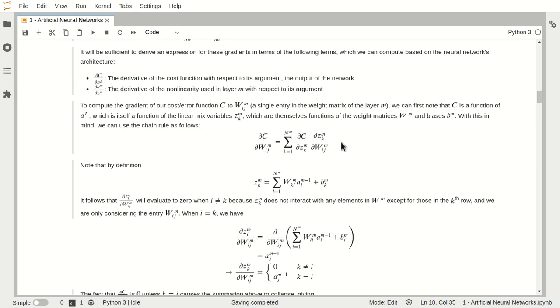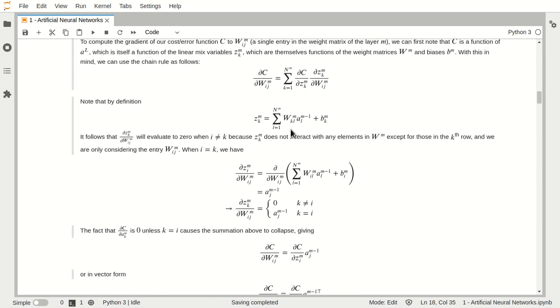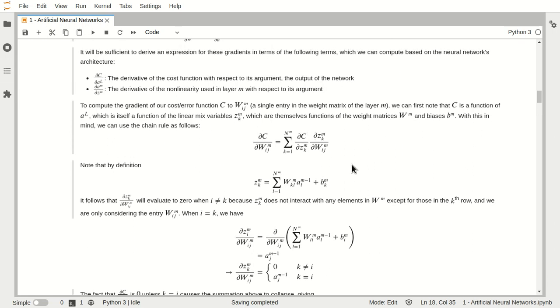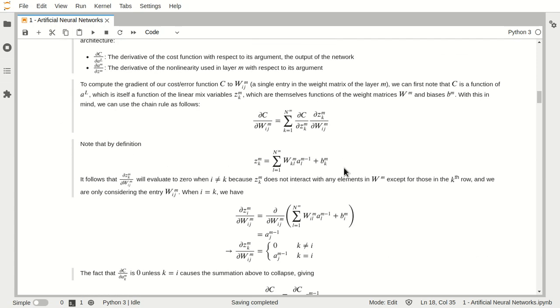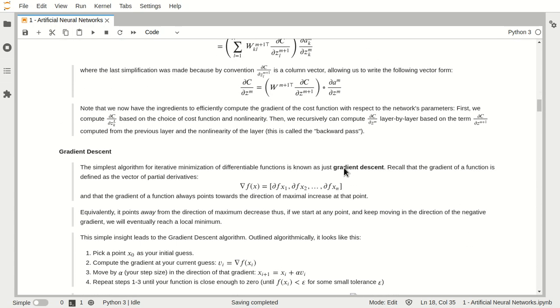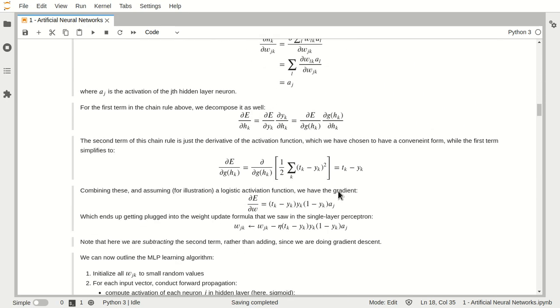In that way, guys, we are going to calculate these particular differentials, and then we will try to calculate the change. Now we will be using a gradient descent algorithm, and then we will try to update these particular weights. Now see what will happen inside the gradient descent. Inside the gradient descent algorithm, we are going to use one equation, and what is that equation?